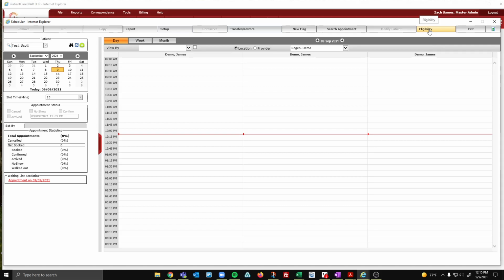Eligibility, pretty cool feature here. So this is going to go through and do auto eligibility checks for any patient that's in the system a day before that particular day. So what it's going to do is go through any patient that's on the scheduler that has active eligibility for digital checking. So for any insurance that bills out electronically, it will go through and do an eligibility check automatically